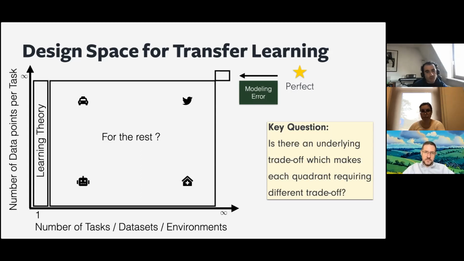For example, if you're a robot learning researcher, you typically don't have much data, and you don't have many tasks as well, because you care about physical robots, and deploying them in different environments is hard. Or if you're, let's say, an autonomous driving company, you can scale the data, but scaling the number of environments, tasks, cities, and countries is not easy. It includes legal issues, and it includes much bigger costs. Or you might be in a medical setting. For a single patient, you can get lots of different scans and lots of different observations, but scaling the number of patients will be harder.